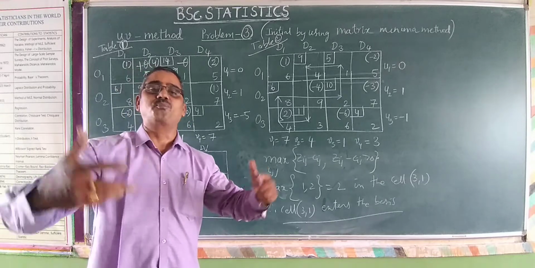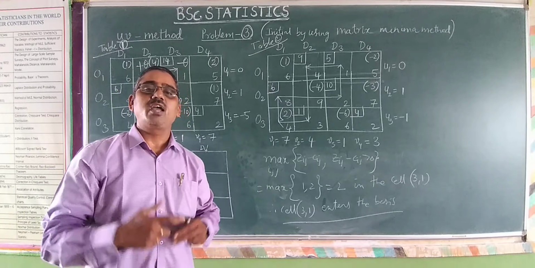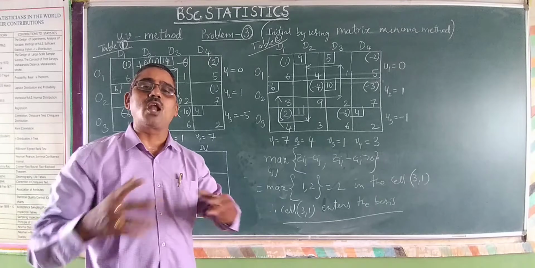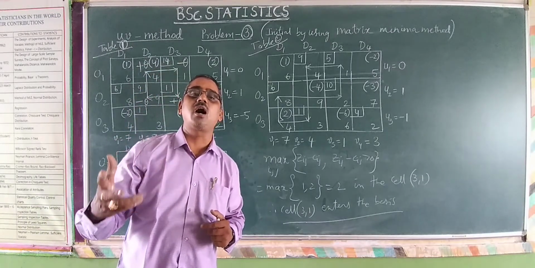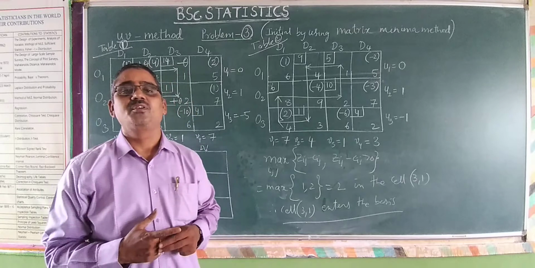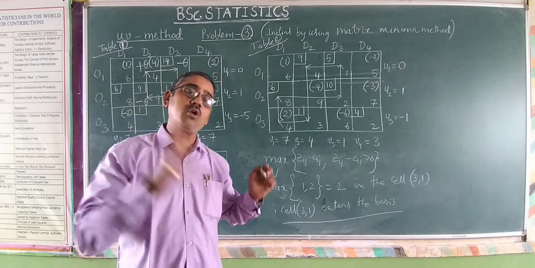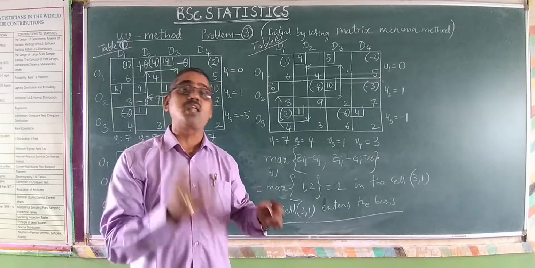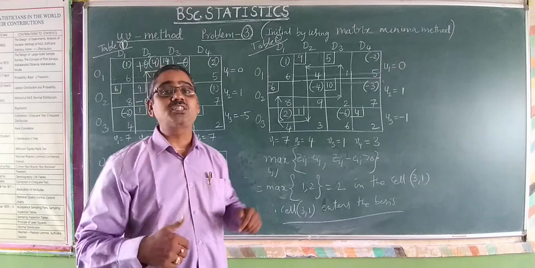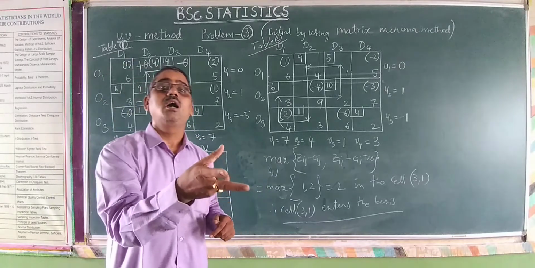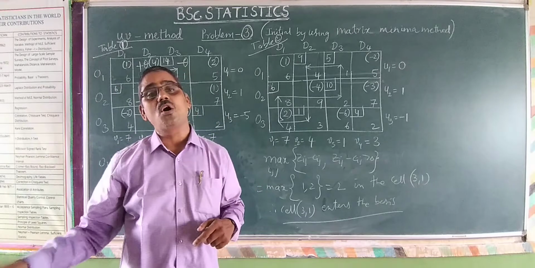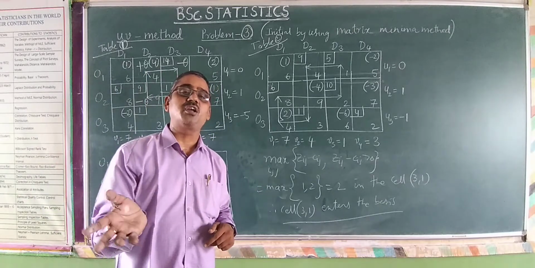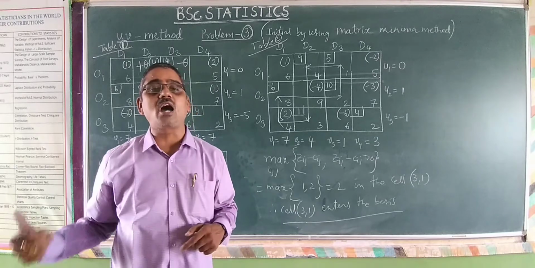Many kinds of loops. Why have I considered the northwest corner rule and the matrix minimum method to obtain the UV method? That is to solve the problem by the UV method. Why don't I consider VAM? VAM is the simplest method. But I have considered proving in all the solutions, from northwest corner to VAM. Whichever method you use to calculate the initial solution, you will get the same unique optimum solution.